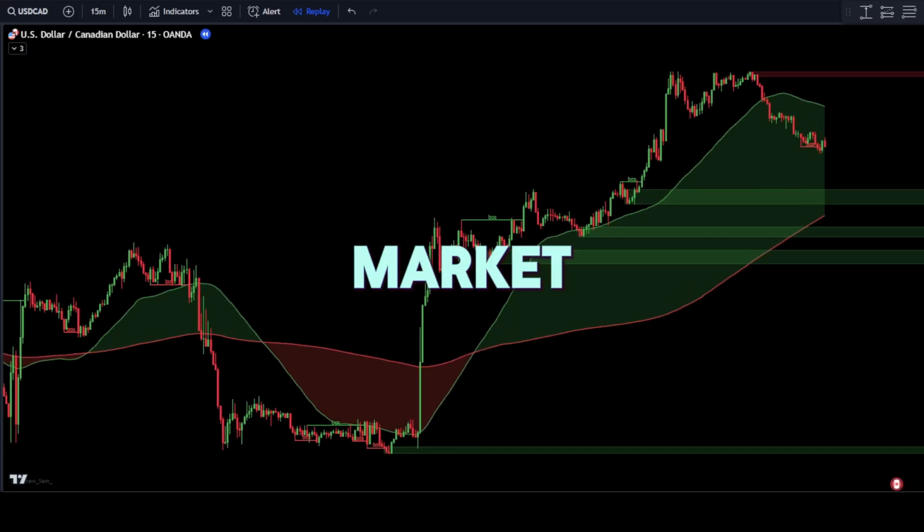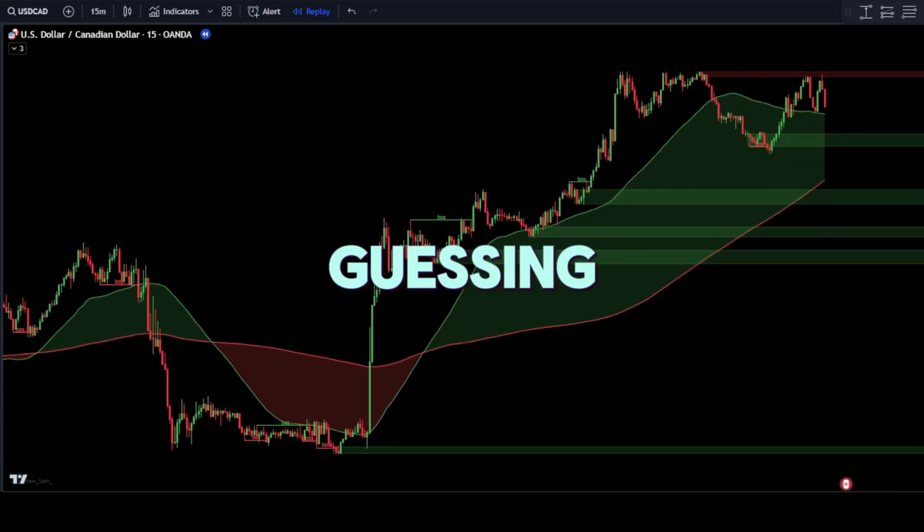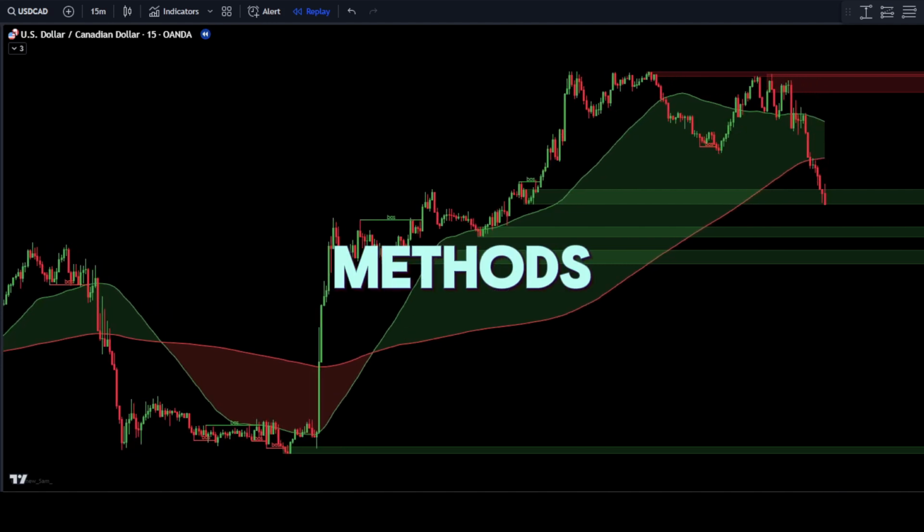Imagine if you could predict market movements quickly and accurately without guessing, but by using proven methods, you could significantly